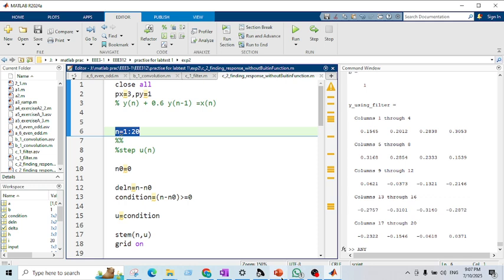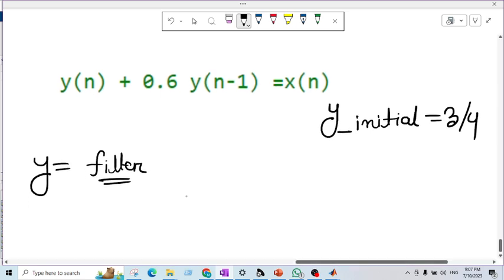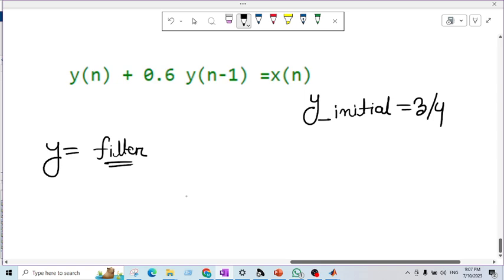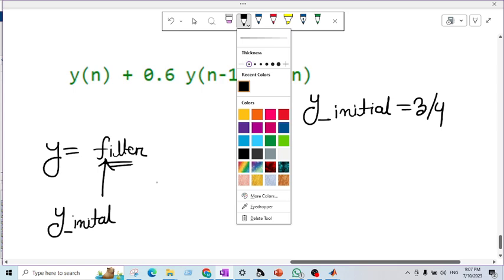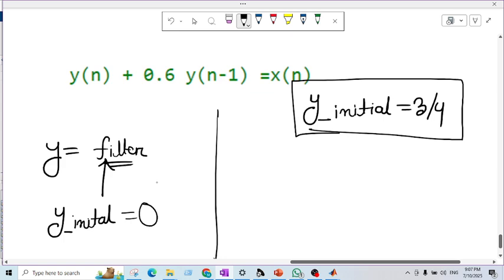But there is a problem. You might be thinking that you will use filter, and find the value of y. Filter is the built-in MATLAB function, but no, you can't use filter for this case, because if you use filter, it will assume that your initial condition is 0. But as our initial condition is 3 or 4 or anything, so now you have to write a